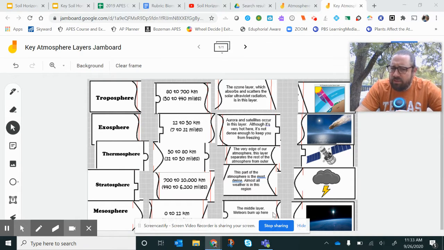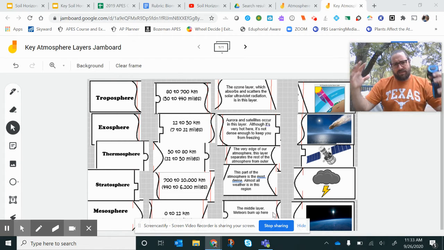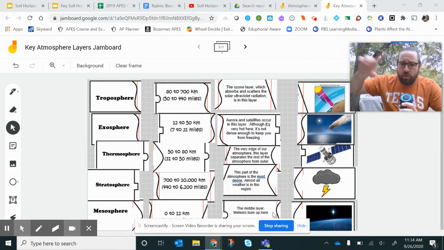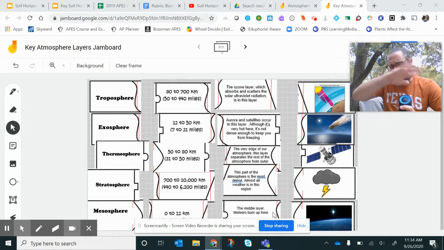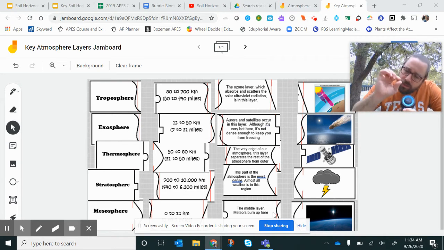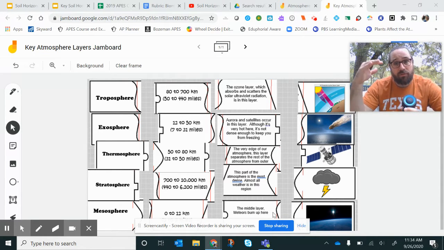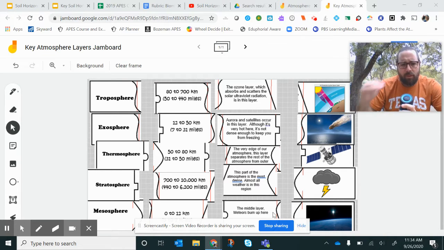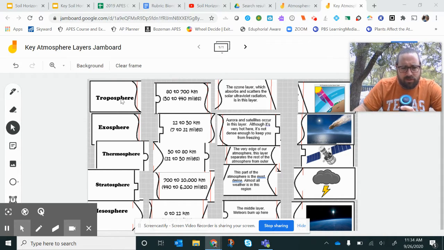It's insanely thin. If you had a globe the size of a beach ball, like a wooden globe, and you polish it, you sprayed it with Pledge, and you wiped off that Pledge. The Pledge layer that remains, that wax that remains, is how thin the atmosphere is compared to our planet on that beach ball sized globe. So the atmosphere is very, very thin, and it has different layers to it. So let's talk about those layers.